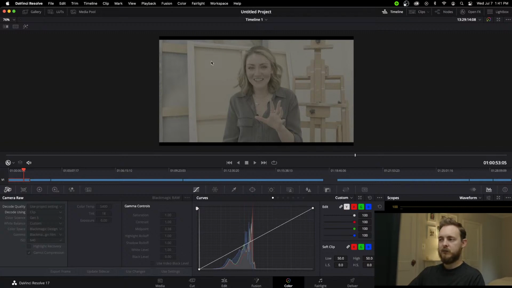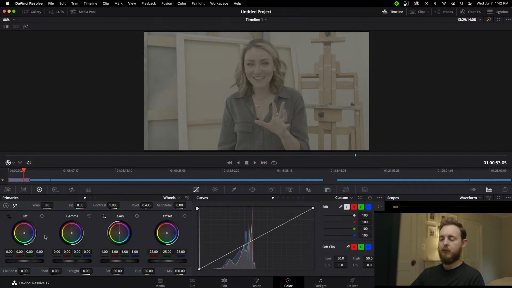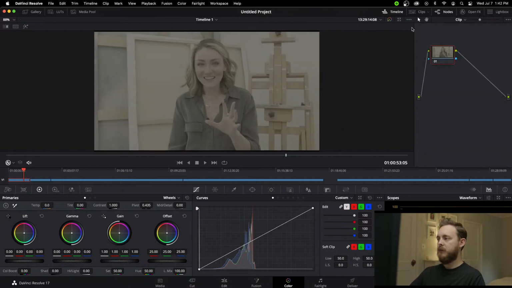So obviously this wasn't shot in RAW format, so we have no access to camera raw like we usually would have, but we do have access to the primaries and adjusting anything there. Not a lot of control with it being a light 422, but decent, better than a baked in image. So the first thing I'm gonna do, and everybody kind of has their formula